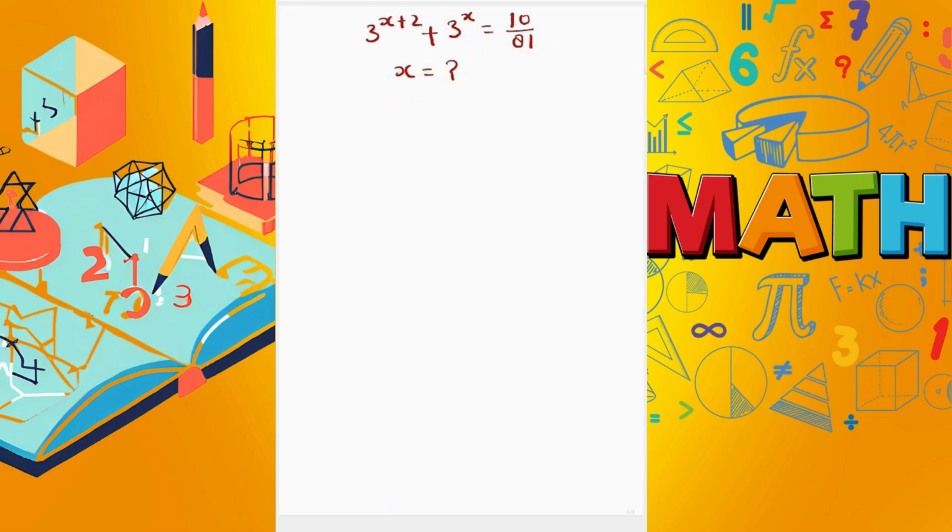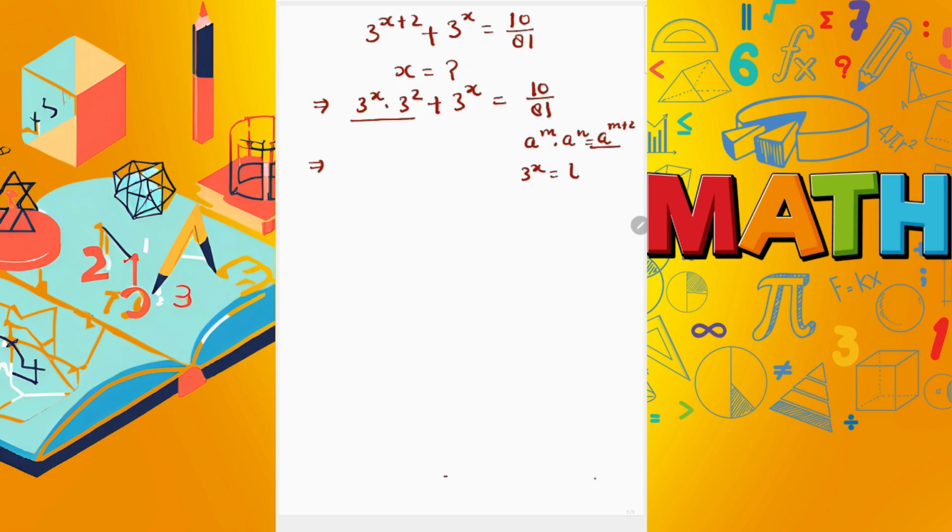Let's solve this equation. So we can write this as 10/81. So a to the power m into a to the power n is equal to a to the power m plus n. So this one is written as this. Now let's say